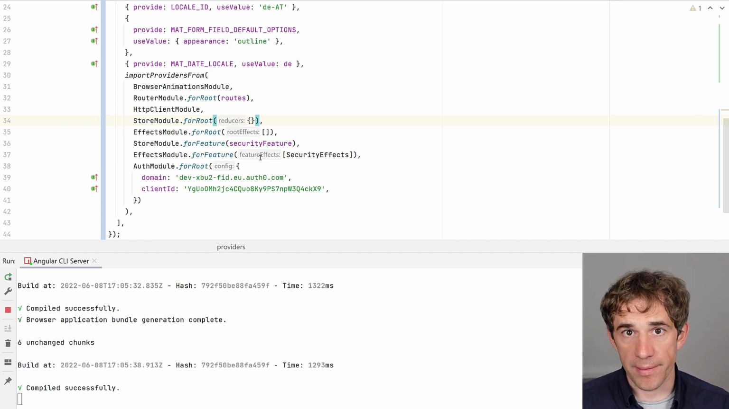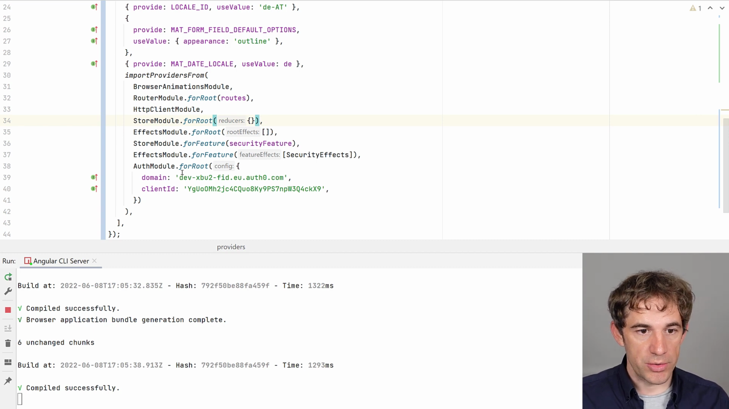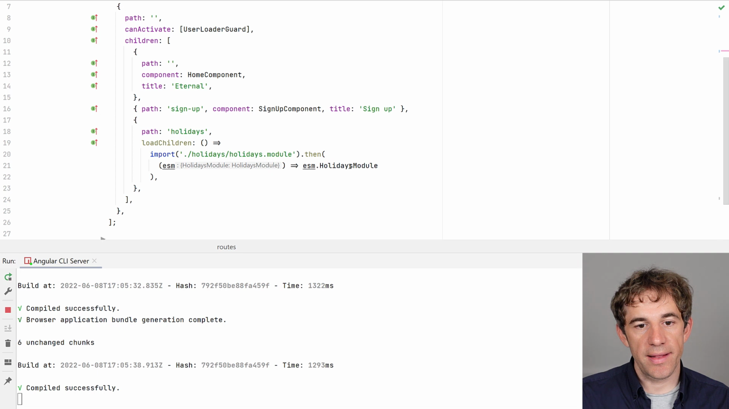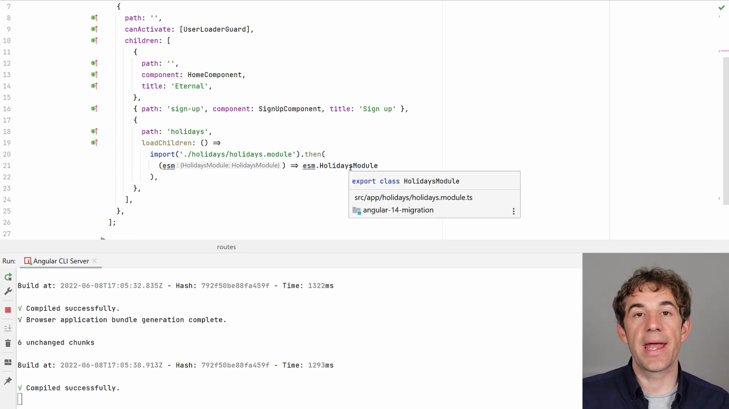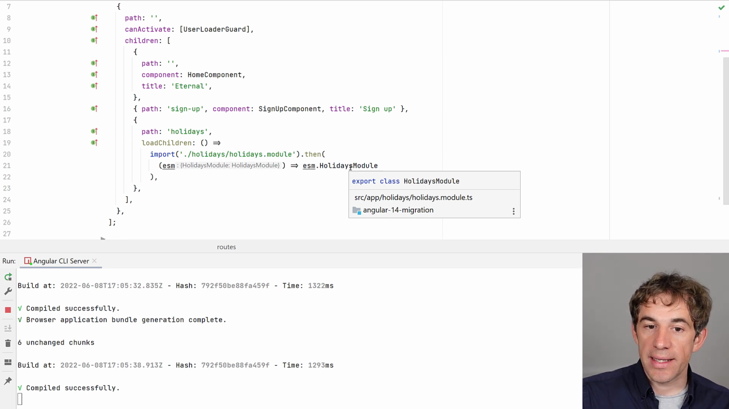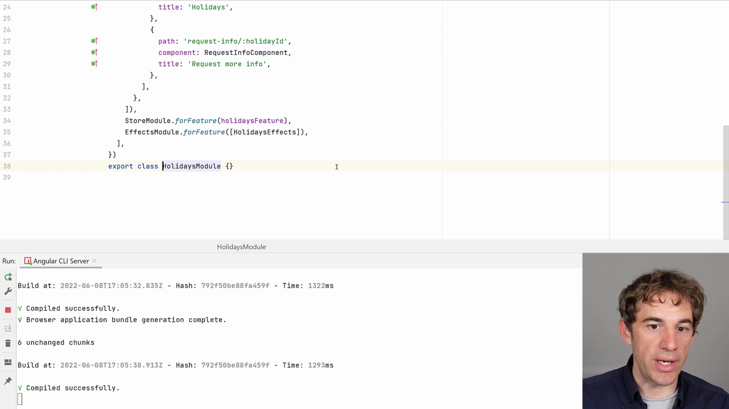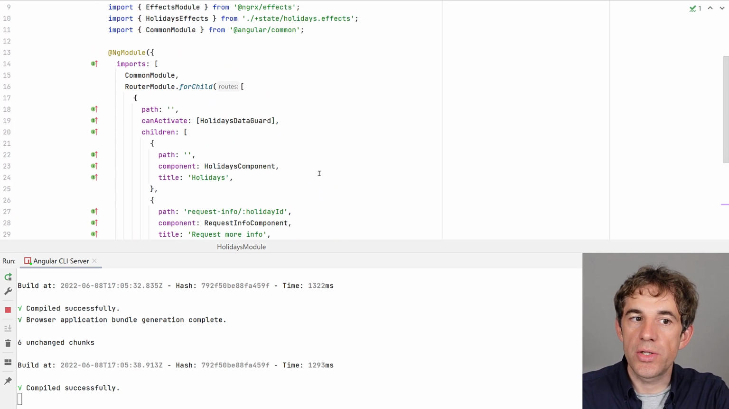There is one last thing, and this is about the routing, about the lazy loading. If I go to my routes, we see here that the routing, the lazy loading, also needs a module. And this is something that can also be done in a different way already. So I go into my holidays module, and the way this works is I just need to export the